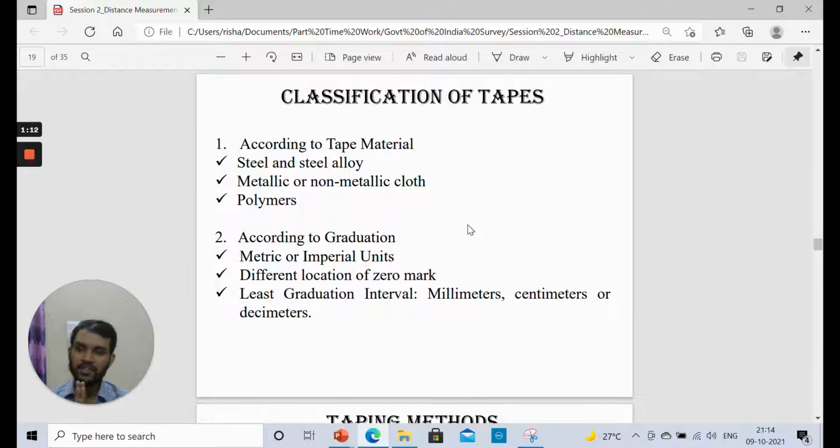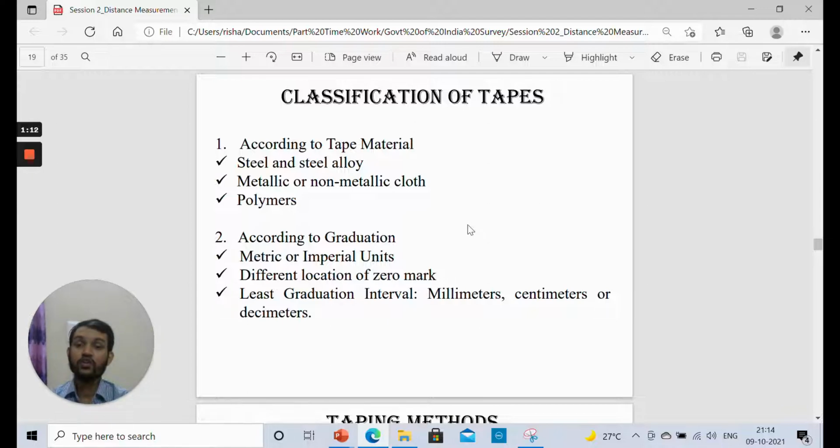So while measuring the distance, we need to know what is the unit in which the tape is there, and most of the tapes have got the dimensions or measurements attached to it in both the units. So you need to know which measurement you are reading. This is very important, and you also need to know which reading displays what is the least count of that particular tape which you are using, and how you need to read those readings.